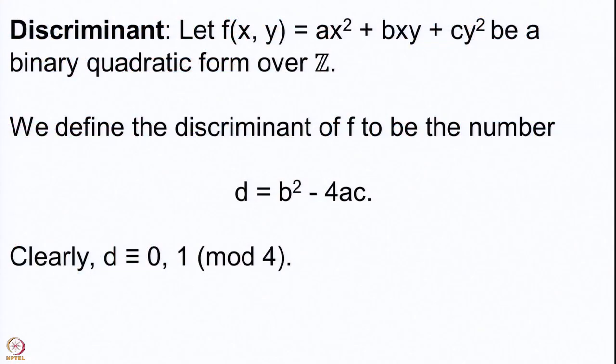Now, there are some natural questions. Most importantly, what is the use of the discriminant? First of all, we should also see whether it is invariant under the change of variables that we have introduced. So, we will see that. We will also see a small answer to a small question, that if you have an integer d which is 0 or 1 mod 4, is it discriminant of some form? So, we are going to see answers to these questions and many other related questions in the coming lectures.